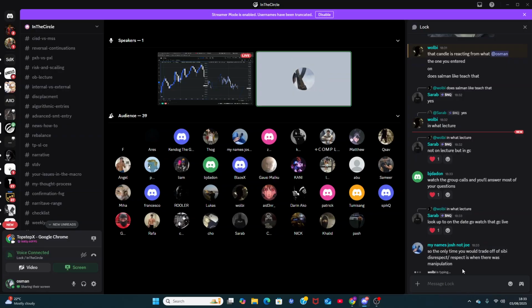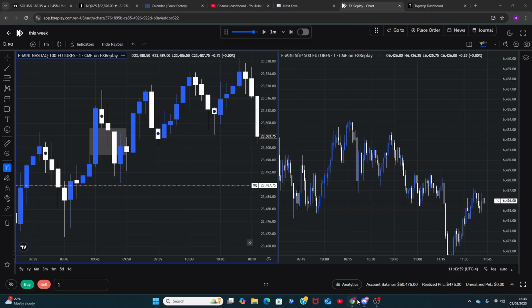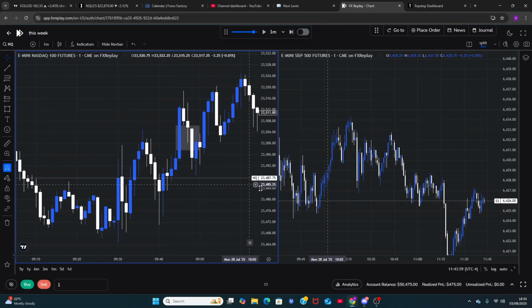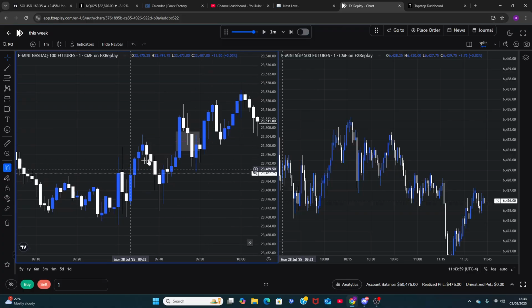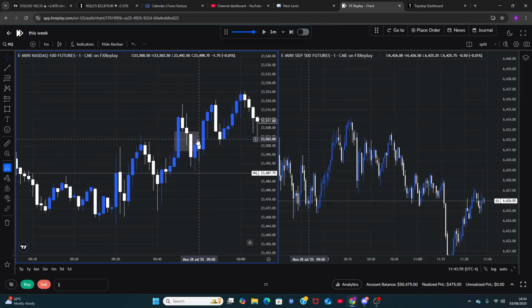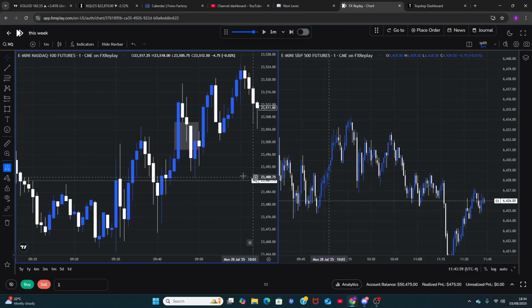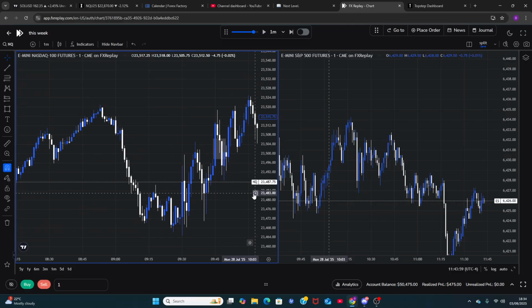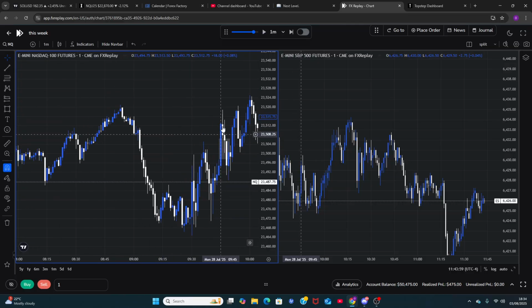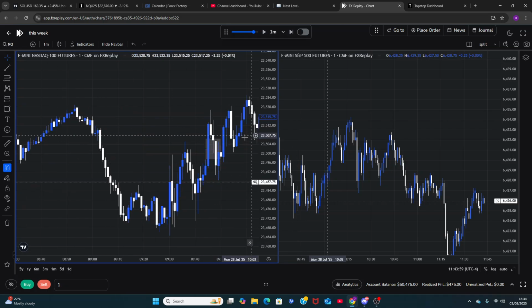So the only time you'll trade off the CVI disrespect is when there's manipulation. 100%. I mean, that's not the only time I would, but you can't pattern trade CVIs and Bissies. You need to have context for every single one of them. But 100% is way, it's not like it's going to work, it's just way more probable. At the end of the day, trading is about probability. It's way more probable that price sweeps this high and dumps and takes out and respects this Bissy. Would you rather enter shorts if price took out this high, tail swept it and dumped, or would you just take it off a random area?